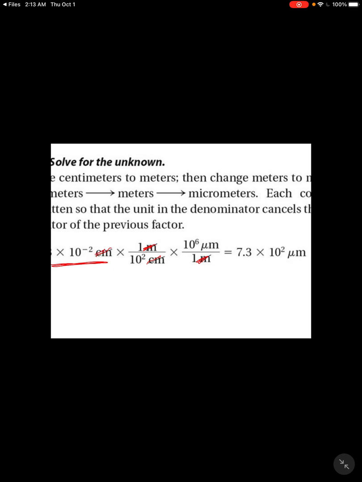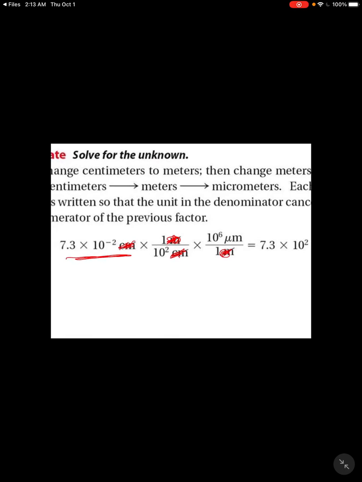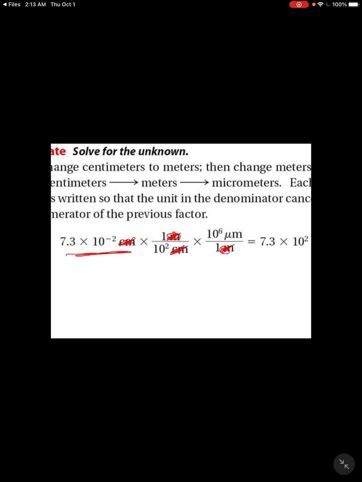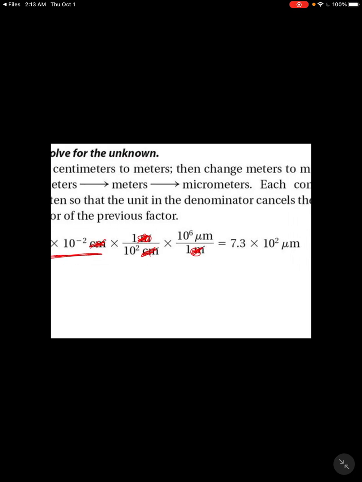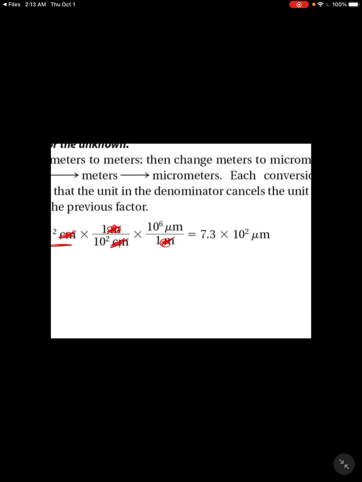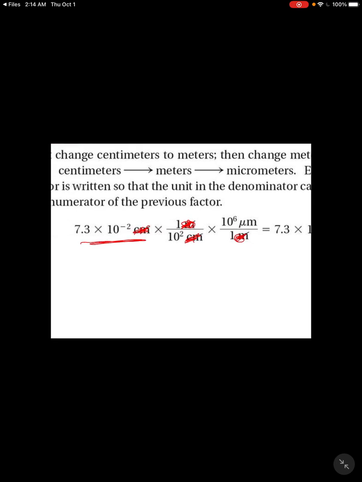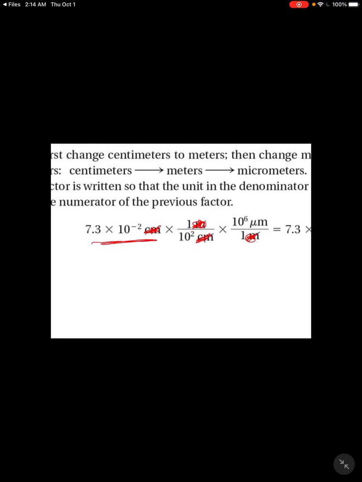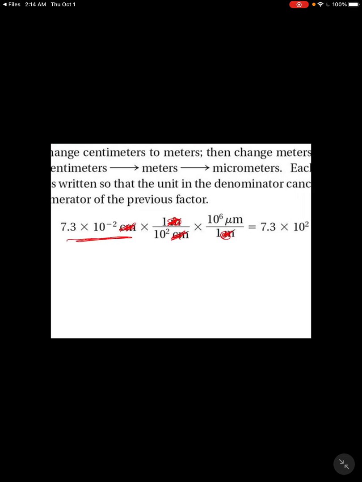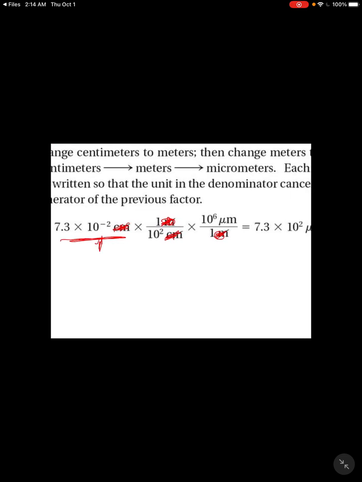And my centimeters canceled, and my meters canceled, and I end up with an answer, which is 7.3 times 10 to the minus 2, divided by 100, multiplied by a million, and that's the same as multiplying by, if I divide 10 to the 6 by 10 to the second, of course I subtract exponents, so that would give me 10 to the fourth, but I'm multiplying 10 to the fourth times 10 to the second, so in this case, I add exponents, but this one over here is a negative, so I end up with 10 to the fourth times 10 to the minus 2,